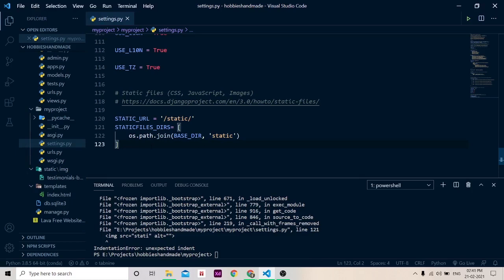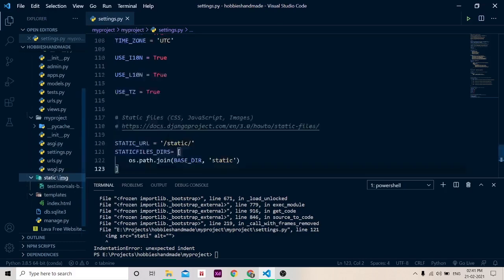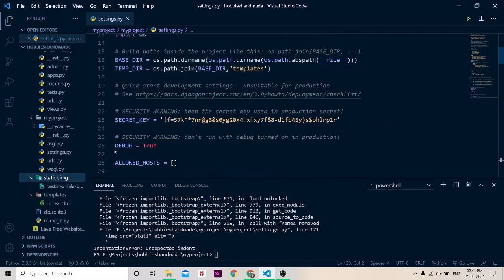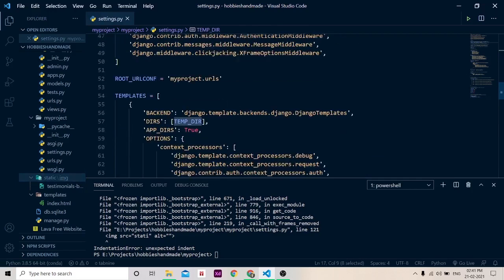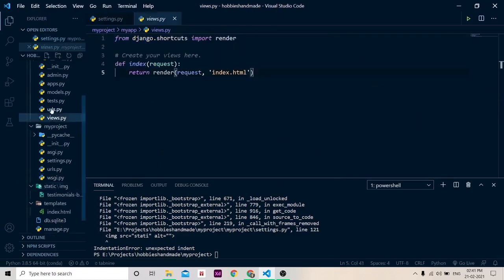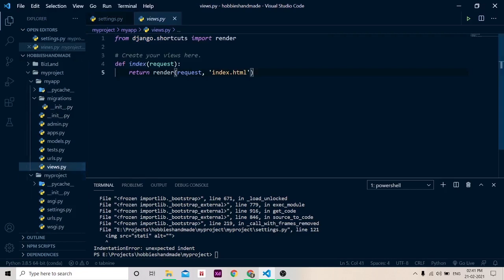What I mean by this, let's see. Now I have specified this. That's it, your work is done. You have created one static folder, as we normally do, as we have specified the temp directory here, and we have specified all these things in templates. Wherever our HTML file may be, we are rendering that template from views. We are rendering templates from here itself, without giving its path.